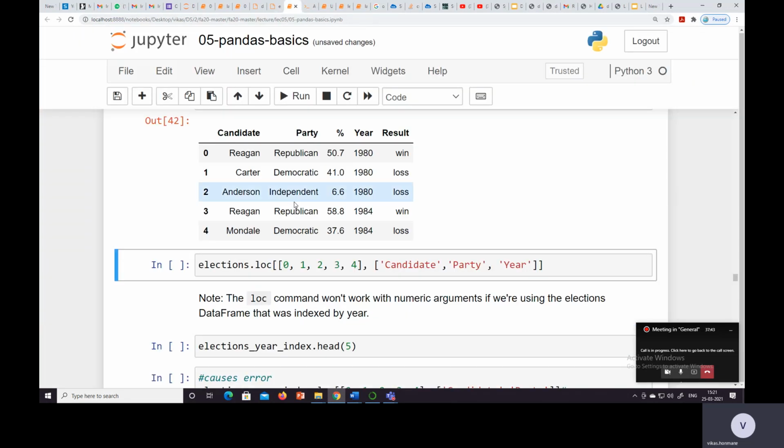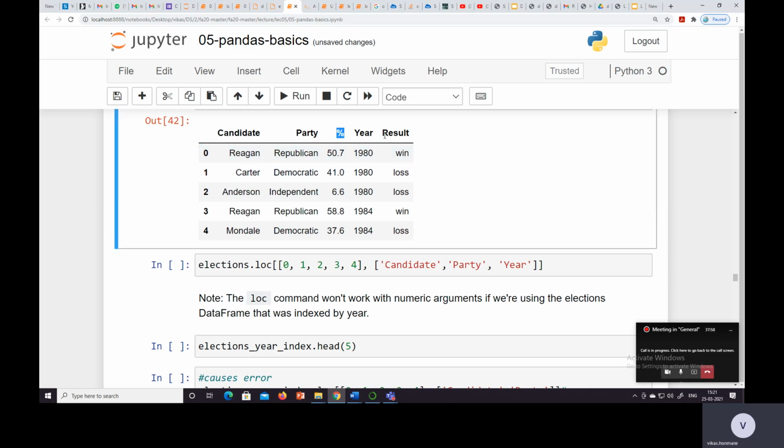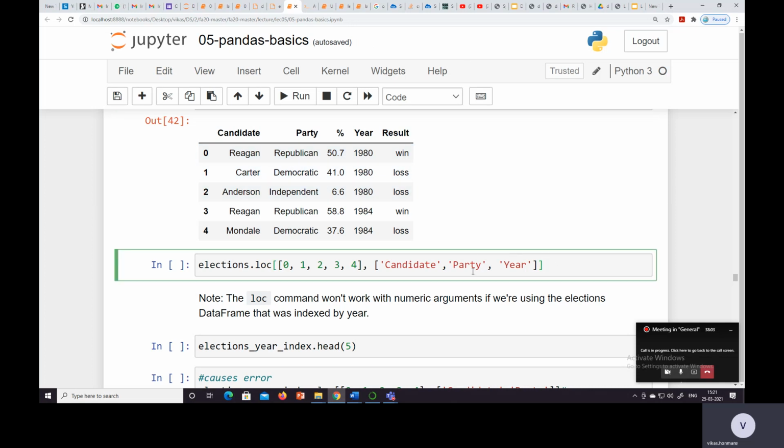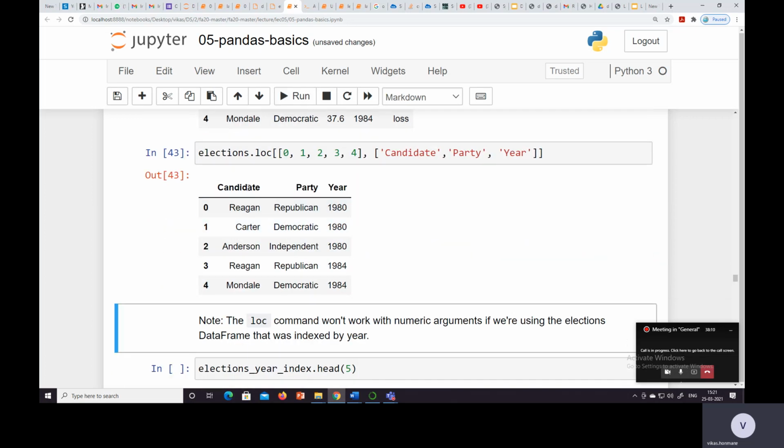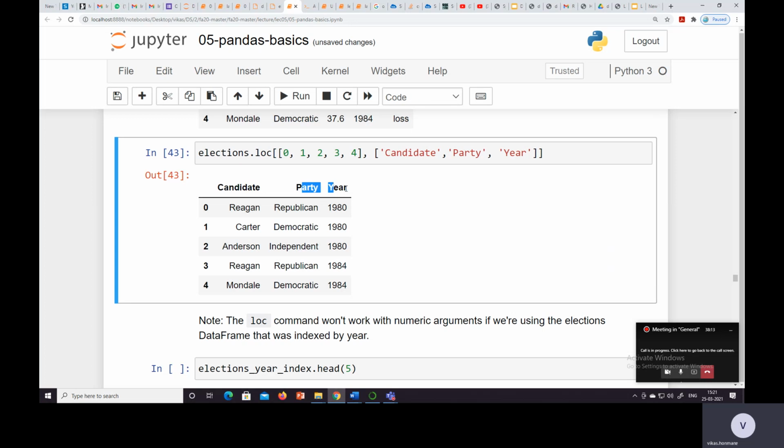Two columns are removed from the table in this result. So when I run this, I'll get 3 columns and 5 rows.